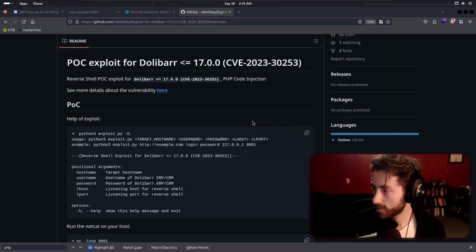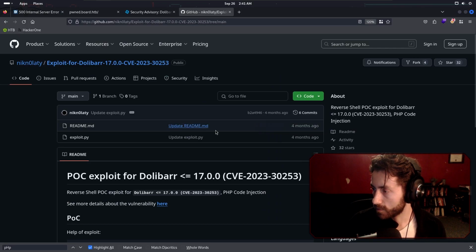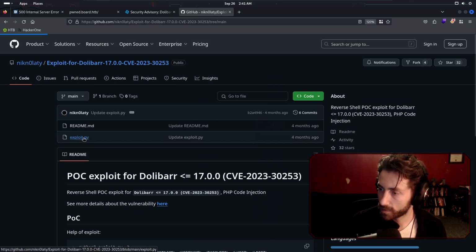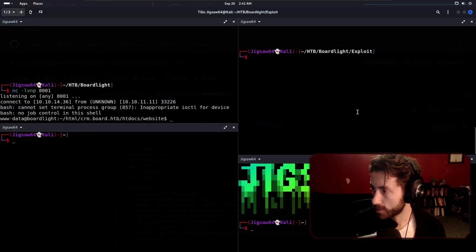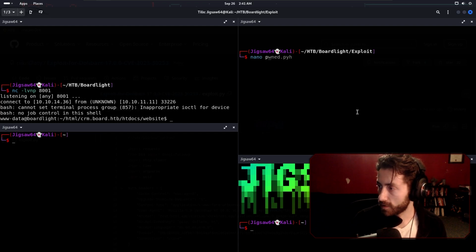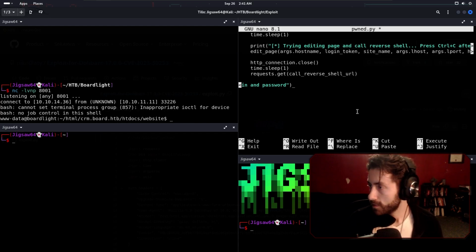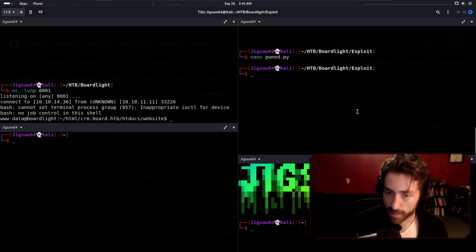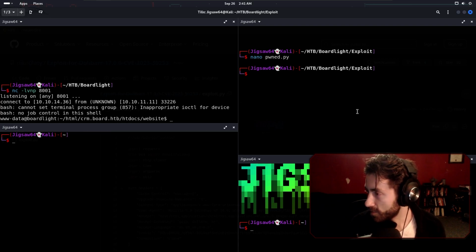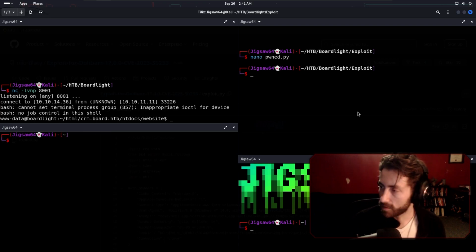Let's grab the script, and you can clone the repo like I said, but this is just one script, so you can just copy the Python file as well. So let's go ahead and add that. I'm going to name it pwn.py. There's something about renaming the scripts that makes me feel better about using them. Makes me feel like I made my own script. Anyway, so now we have pwn.py, and the actual syntax is going to be